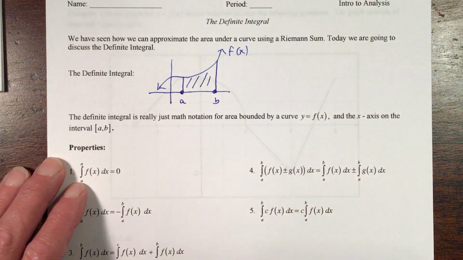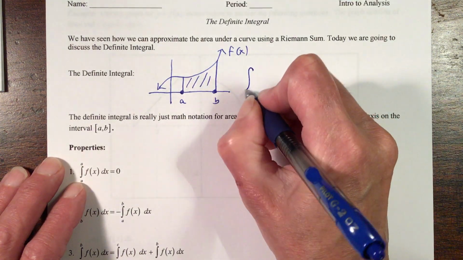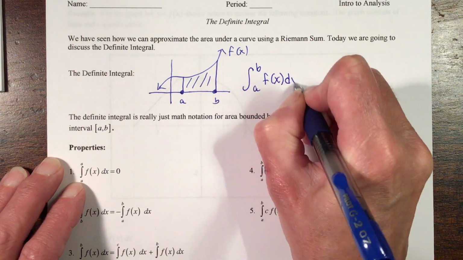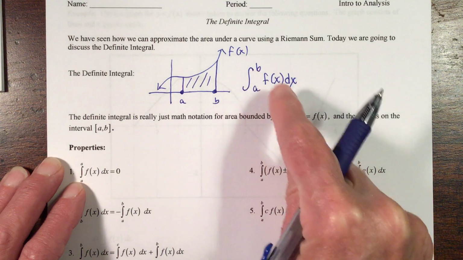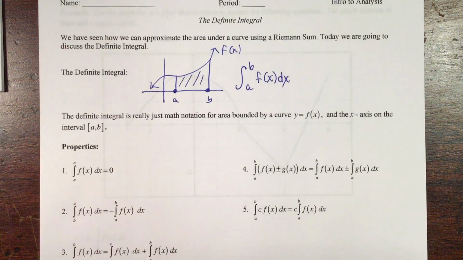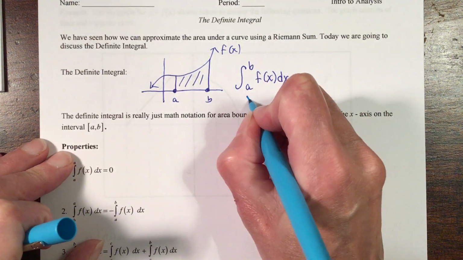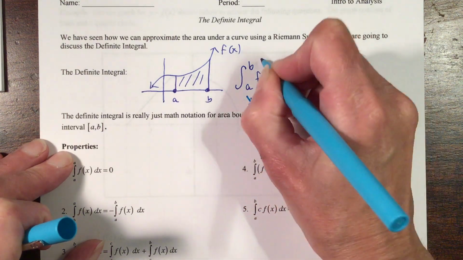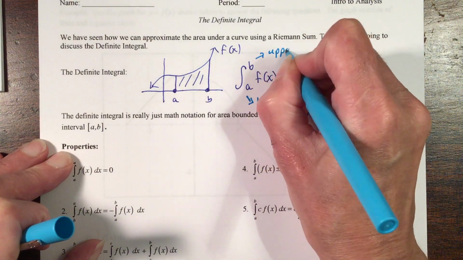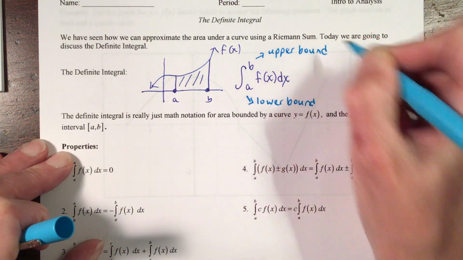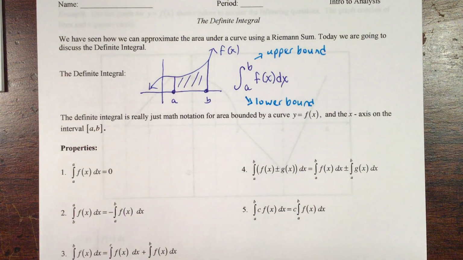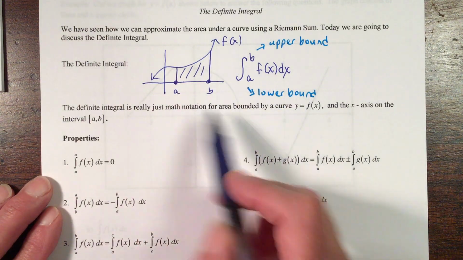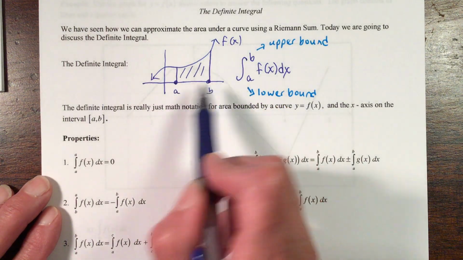so that's a picture scenario of the situation. Our definite integral looks like this. The integral from a to b of f of x dx, okay? And we're going to start to call a our lower bound and b our upper bound. So if you hear me use those words, that's all I'm referring to is the a and b in the definite integral. And this is really just math notation for the area bounded by a curve, the x-axis on some